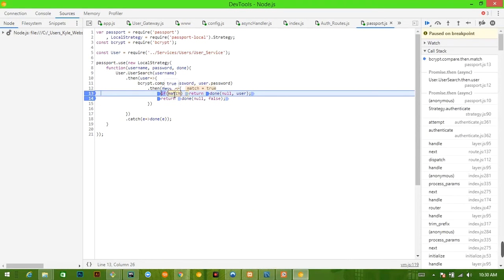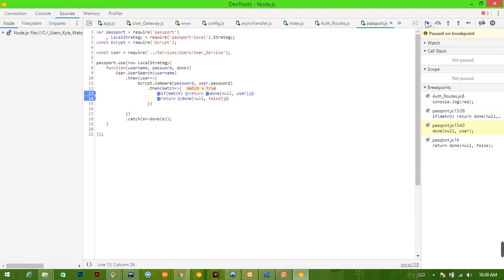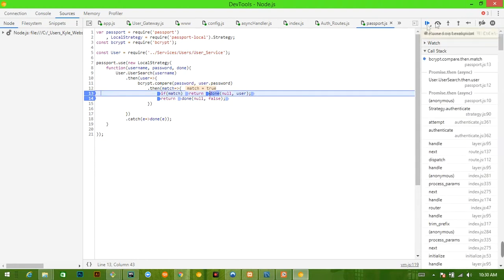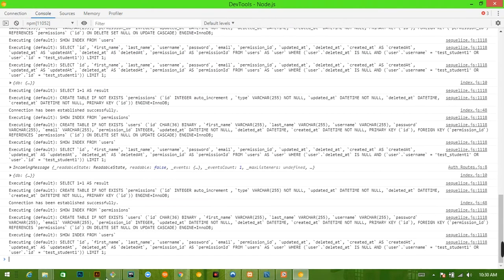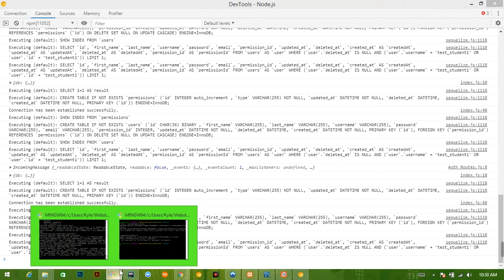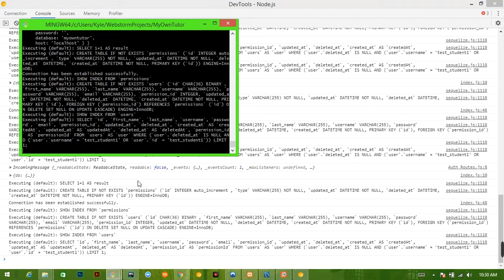All right, so we know that match is true. It's going to return done null user for us. And then we might ask ourselves, okay, so we're going to see it console.log rec, right? Except, well, what happened? Nothing happened. Why didn't it console.log rec? The issue is that Passport is